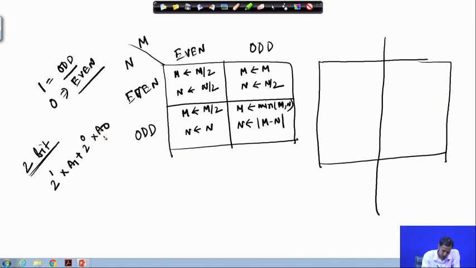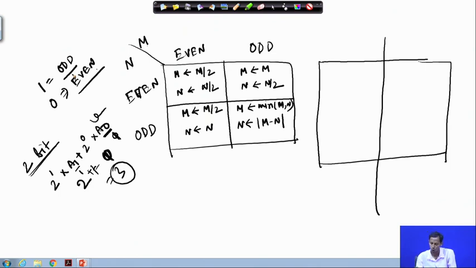If the a0 bit is 0, then you get 0 from it, and suppose a1 is 1, so you will get 2. If this bit is 1, 2 to the power 0 means 1, so you will get 2 plus 1, that is equal to 3. So, from that point I can say if this bit is 0, obviously it will be even. If this bit is 1, then 1 is added to whatever number is there, so that will become odd.